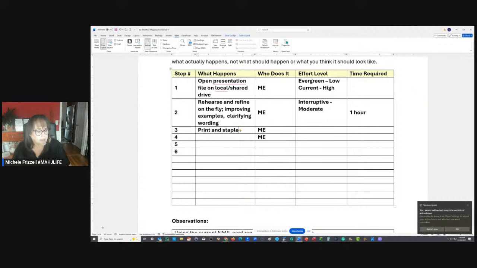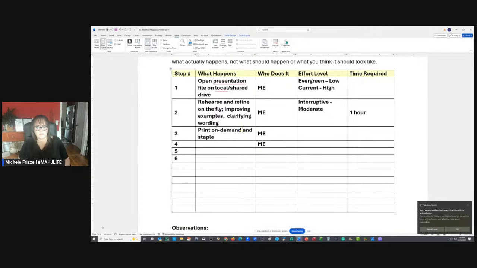Do you do that on demand, or do you do it in advance and have a back stock of your handouts? You only print the number for the class in case you need to make a change. Okay, so print on demand. And staple. Okay. And then that pretty much does it.